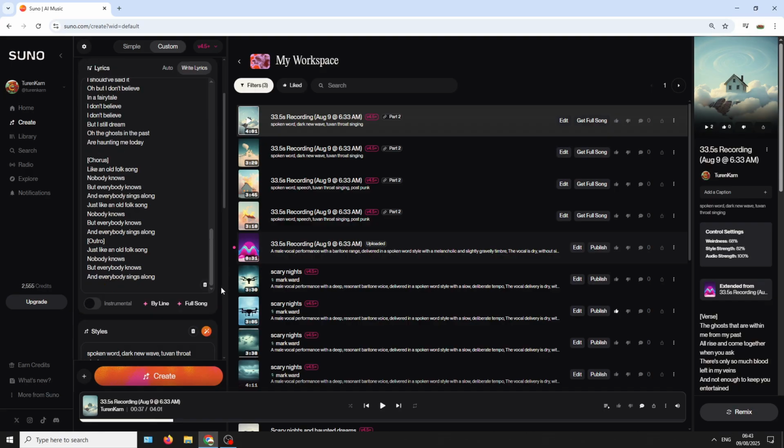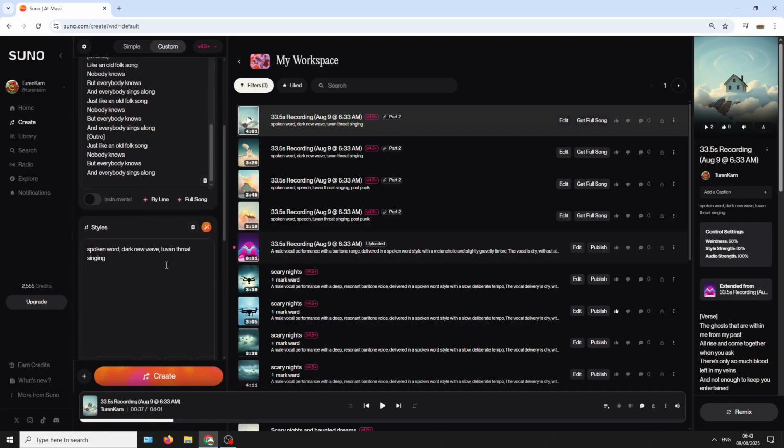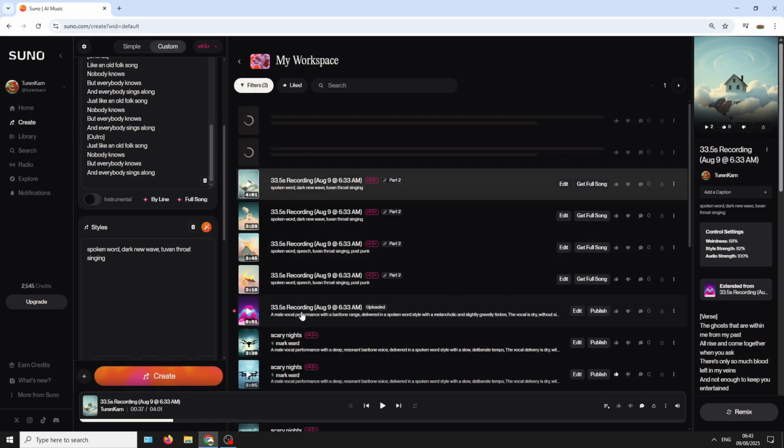Also, by the way, with this you can actually change all this. It'll use the same instruments and stuff, but you can change the styles. I'll leave it as it is for the moment, and we'll just throw up a new song. And hopefully the voices should sound like the voices that we've just recorded and saved as persona.